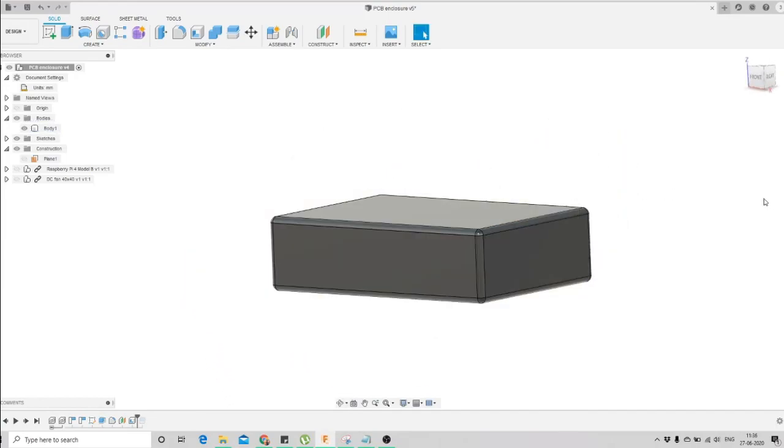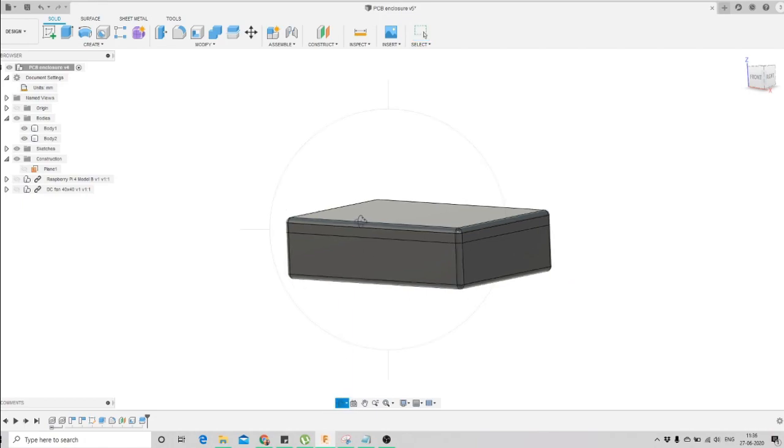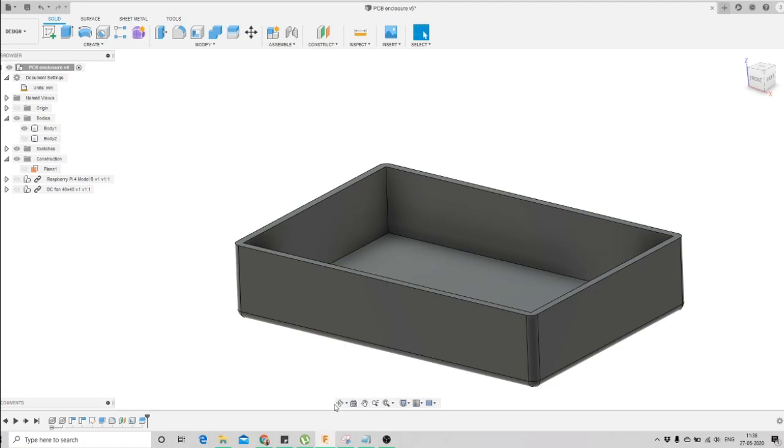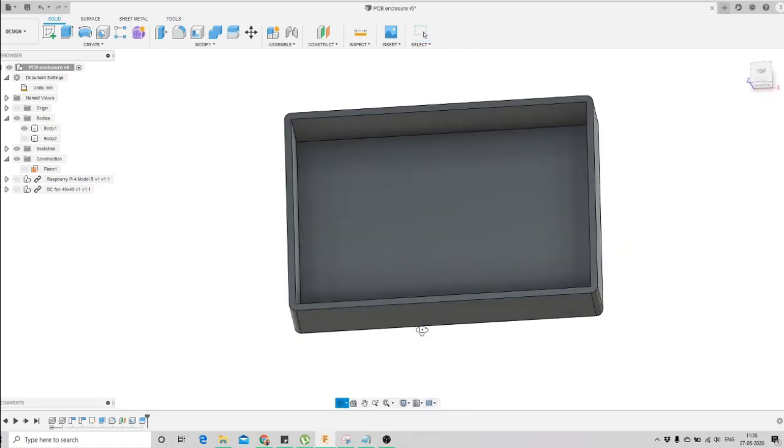So it's okay, we'll cancel it, and we'll then drag this bar to the front. That command has been executed as a cell. As soon as we dragged it forward, again we had two bodies separated into top and bottom parts. One is the top body and the other is the bottom body, and you can see that now we have a space for the PCB.